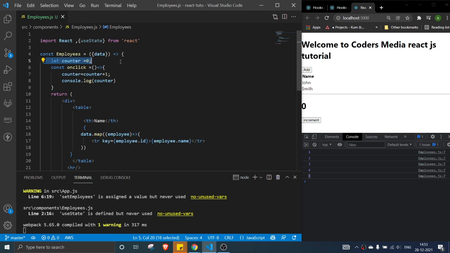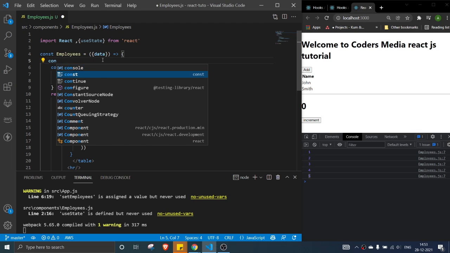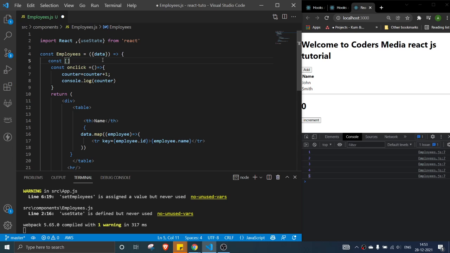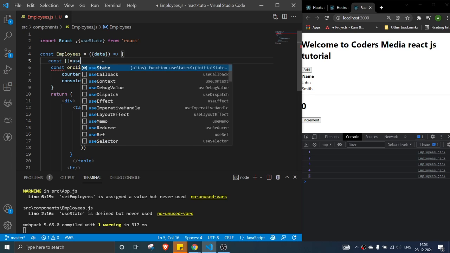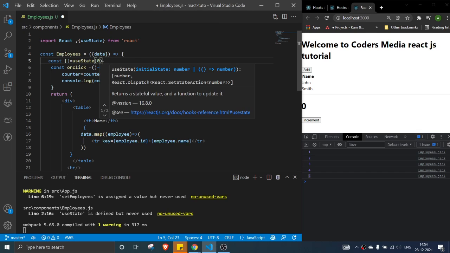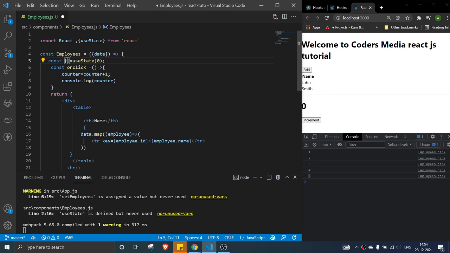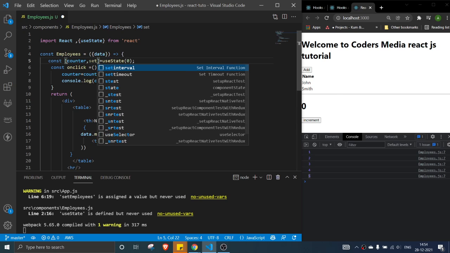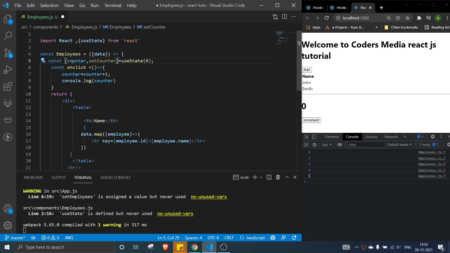We have to make a little alteration here. The syntax is: const, equal to useState, which takes the initial value. In the constant, first is the variable name, then the set function. This is the callback function where you can update the state. This is the syntax for useState.